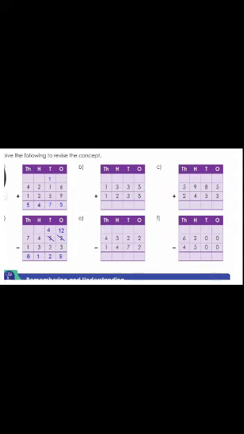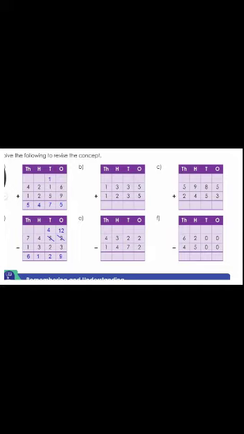Here the question is 7,452 and we have to subtract 1,323 from it. So here the bigger number is written on the top, that is 7,452, and below it the smaller number, that is 1,323. But see the digits in the ones column. On the top it is written 2 and below it is written 3. So we can't subtract 3 from 2. So what we have to do? We have to borrow it from the tens column.